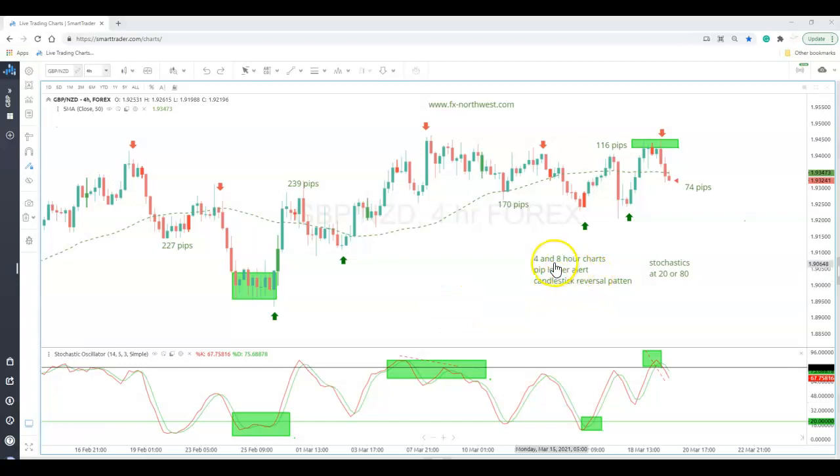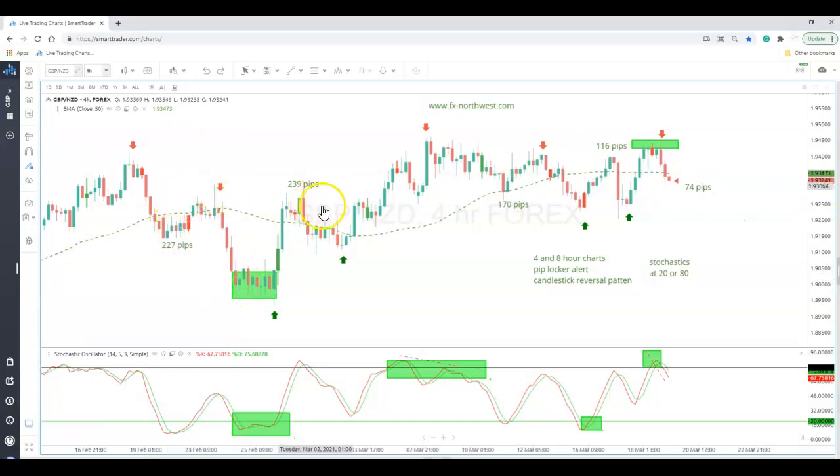Recap: using either a 1-hour, 4-hour, or 8-hour chart, PIPLOCKER alert system, and candlestick reversal pattern, and stochastics indicator when it is down at 20 and up at 80. Remember, stochastics, when it's down at 20, wants to go all the way up to 80. Once it hits 80, it wants to go back down to 20. So it just oscillates. Combination of an alert system, stochastics indicator giving you buy or sell signal, candlestick patterns generate,